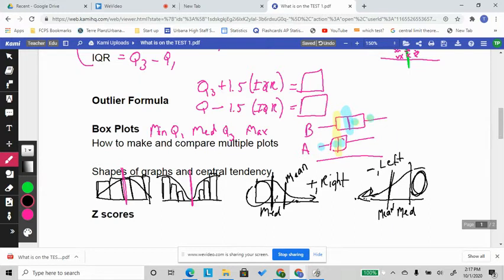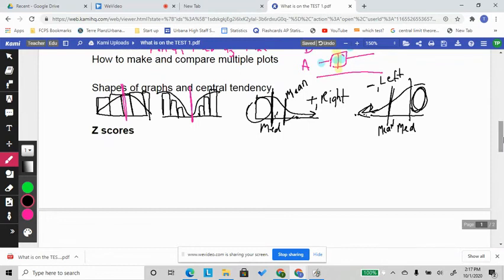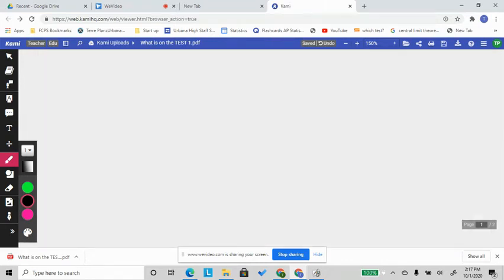Okay, z-scores. Z-scores help you compare two different things. So the z-score formula is, oopsie daisy, I don't know what happened